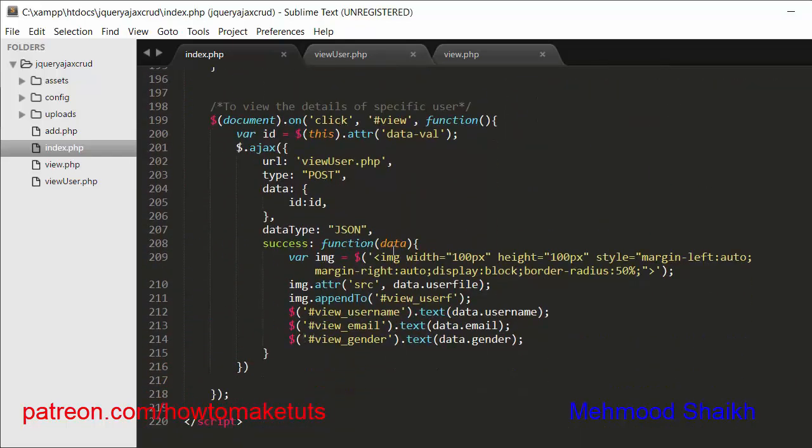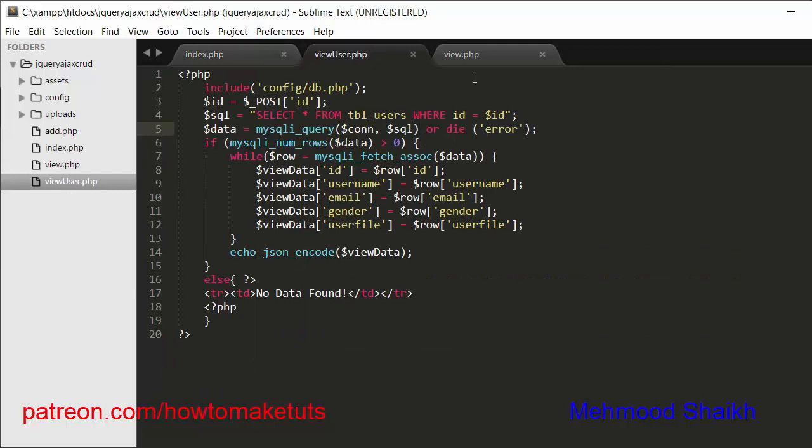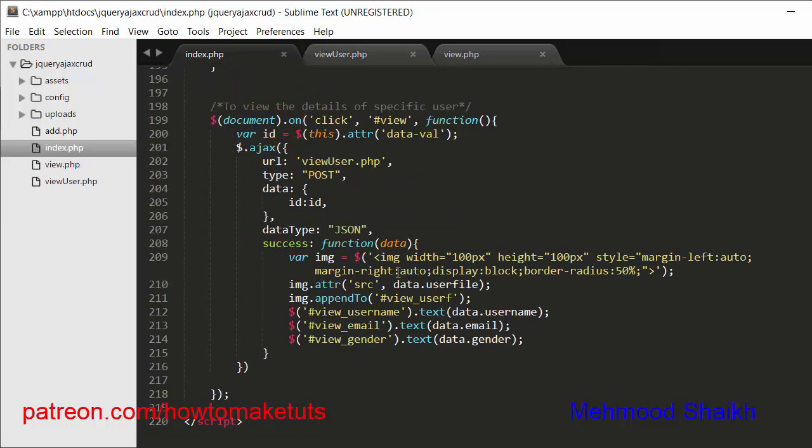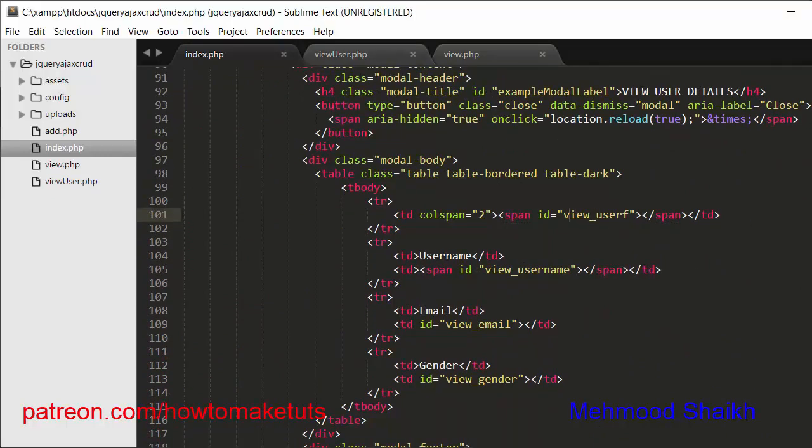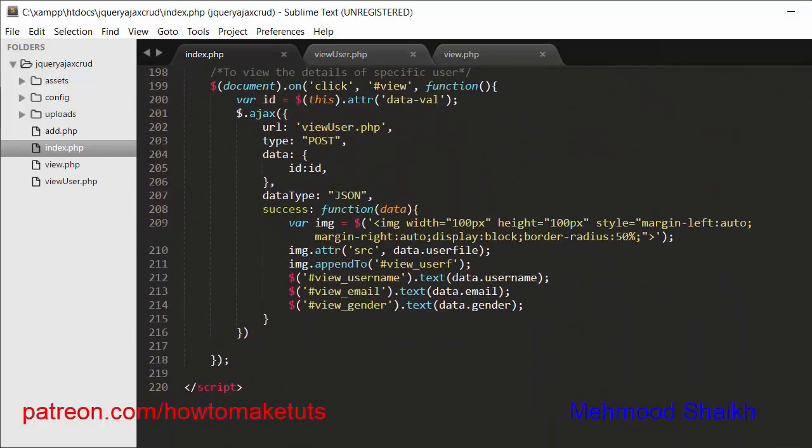So here in this success function, I'm getting the data of the selected user, which is returned from the view_user.php file in the form of JSON. Here I'm referencing the table with the help of these IDs to display the data. I have created an image tag with a width of 100 pixels and a height of 100 pixels, and I have brought that image to the center of the row.